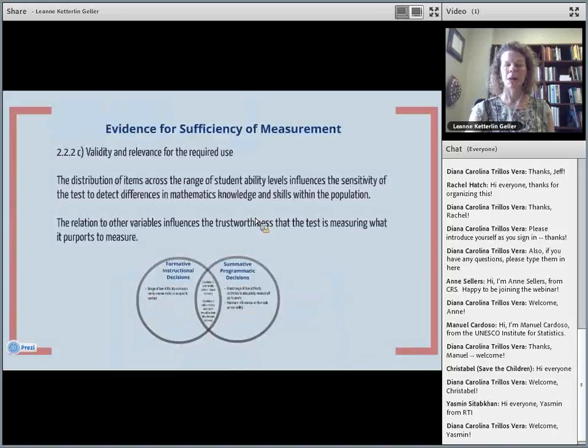But I wanted to illustrate to you how you can look at the evidence to help make some of those determinations and to see if the range of item abilities really is targeted to where you'll be making some instructional decisions. So if we move to talking about summative programmatic decisions, we want the items, since we'll be assessing all students, to represent a range of ability levels or have a range of difficulty estimates as well. And we want the information to be maximally informative from the test at the mode of the person ability